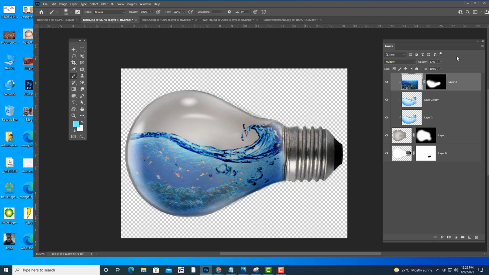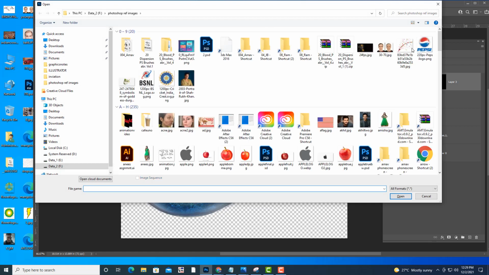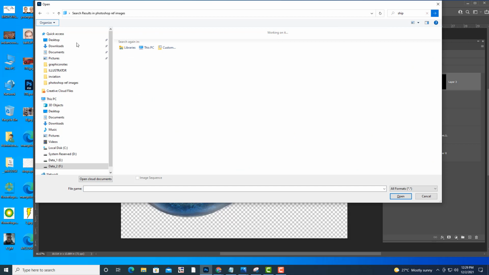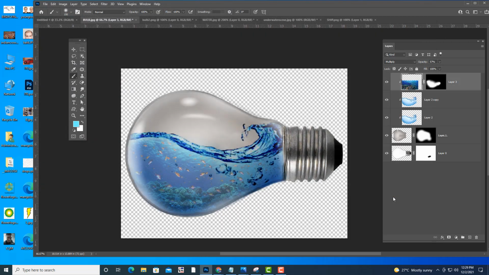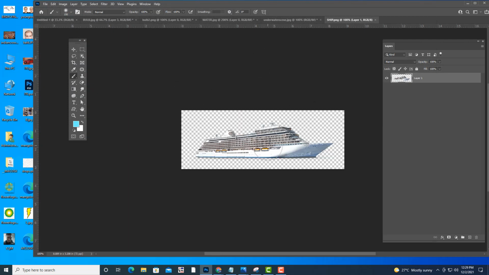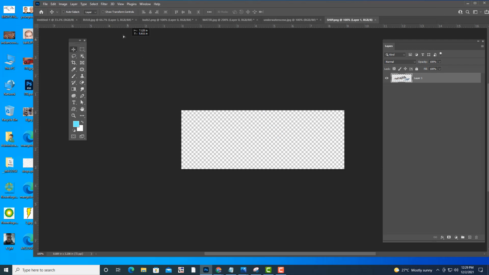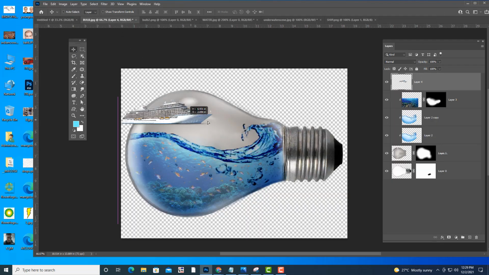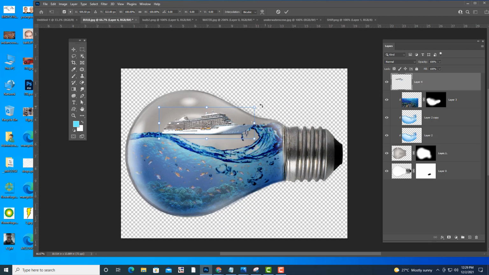Now what we'll do is add a ship, and the ship will be floating on the surface of the water. So we will select a ship, simply drag the ship, and make it small.